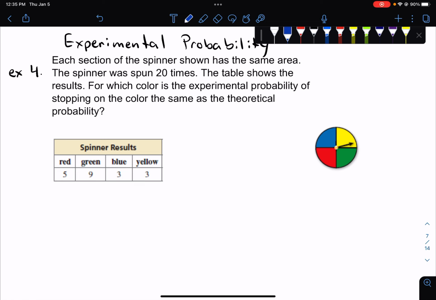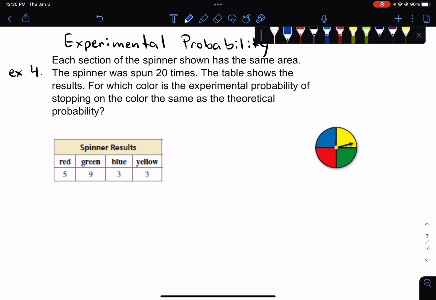Okay, so for example, each section of the spinner shown here below has the same area. So that just means it's equally likely to land on red, yellow, blue, or green. The spinner was spun 20 times. The table shows the results. For which color is the experimental probability of stopping on the color the same as